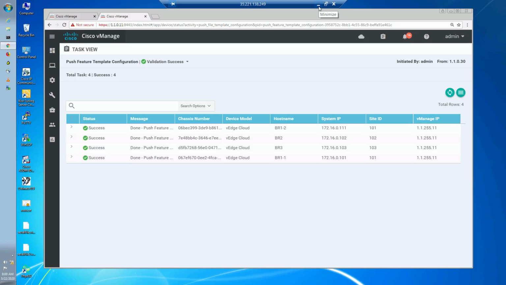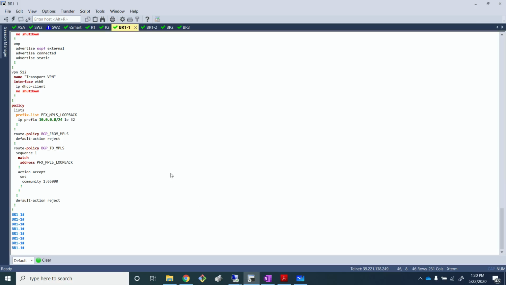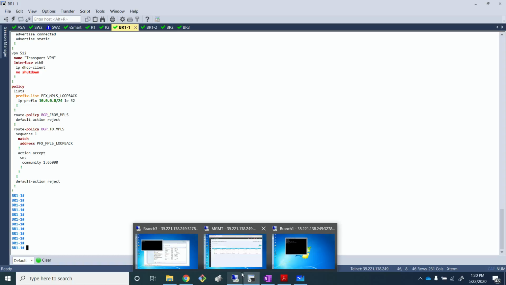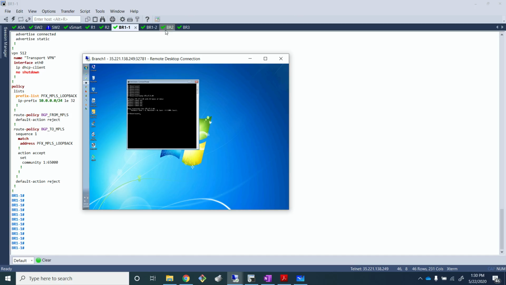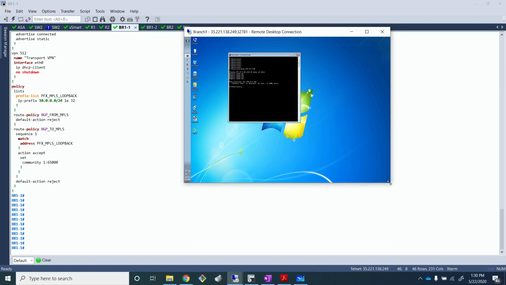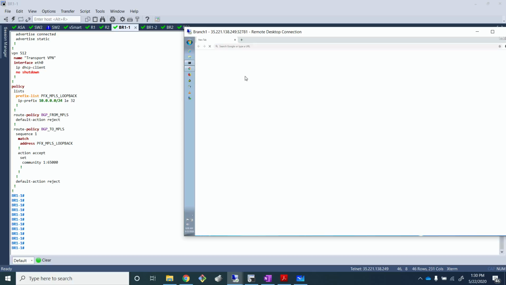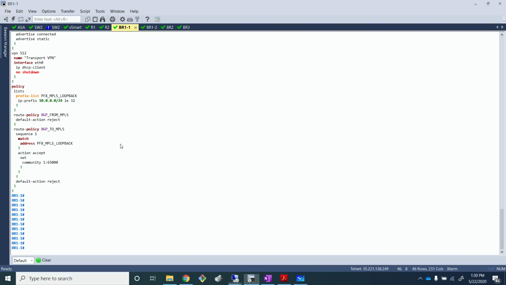What we'll do now is go to my BR1-1. We are on the BR1-1, and let's also look at the PC, the branch one PC. Let me keep it side by side. That is easier to look at. Let me open up a browser here. Well, that is opening up. Yeah, there you go. So on the browser, let me also open up a show command, which is show, I believe it's app,